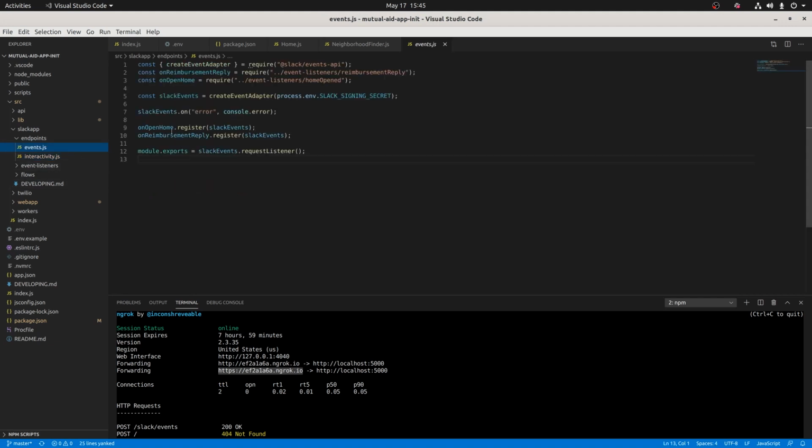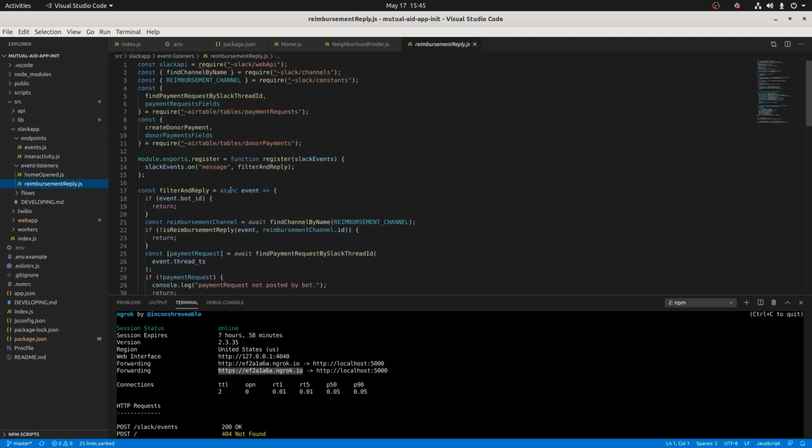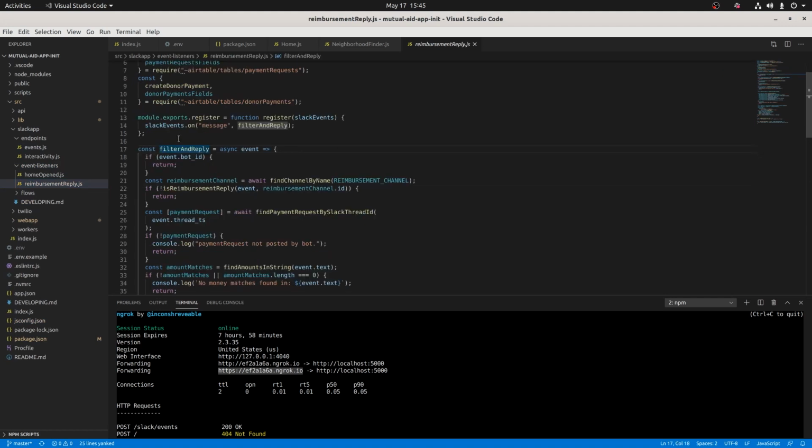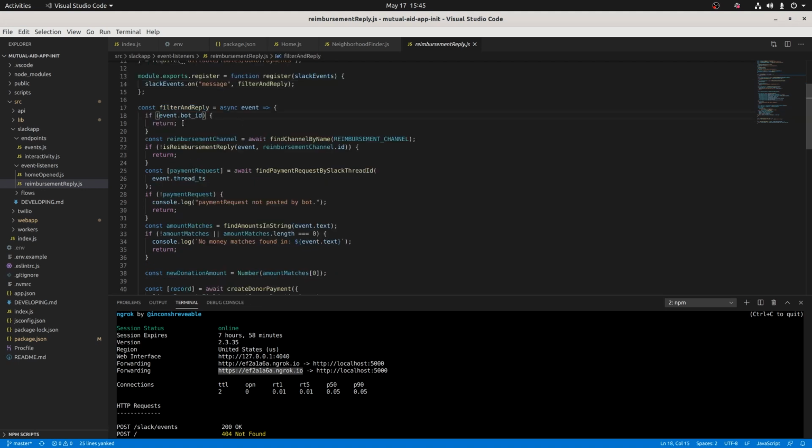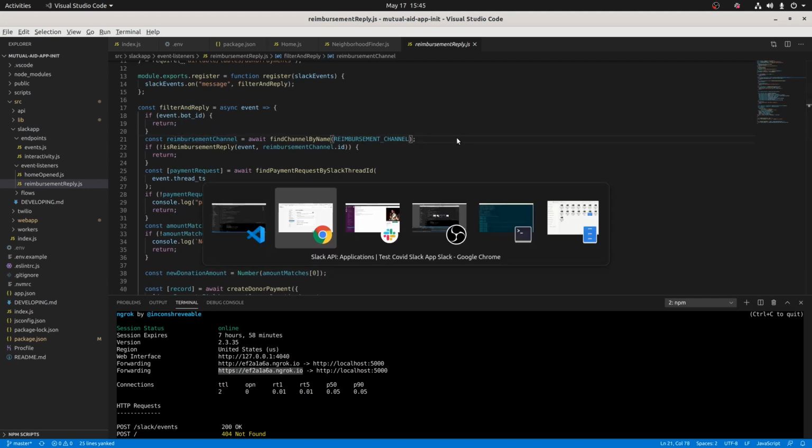For events, this is that on reply listener that we just created. So if you go and do event listeners, which we listen for a message to occur. So Slack events.onMessage, which is what we just registered for. We're going to filter and reply. We make sure it's not from a bot. And I didn't really want to cover features exactly in the video, but